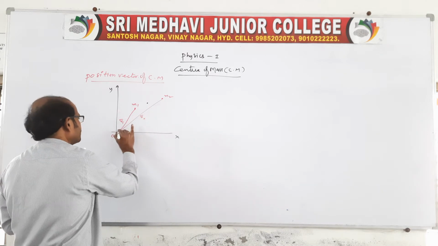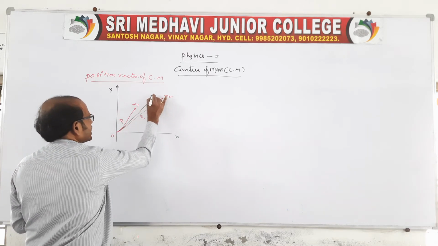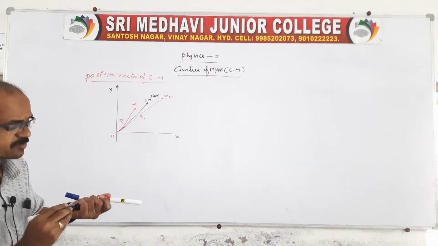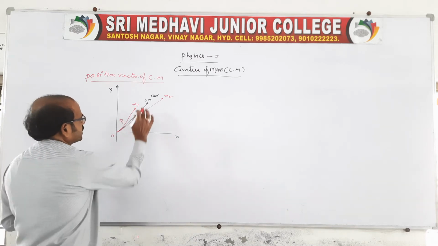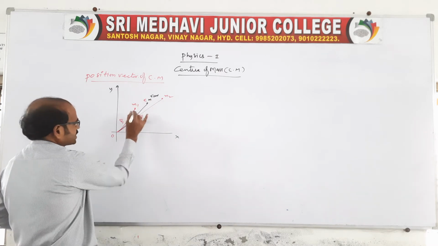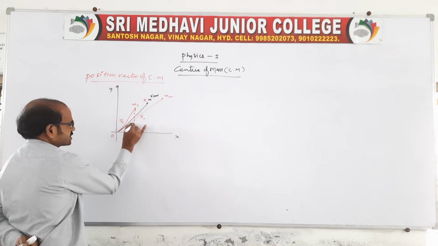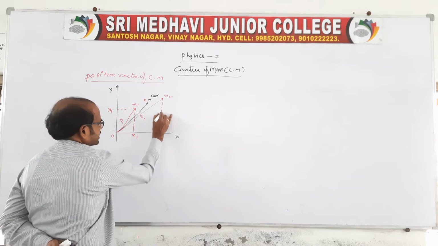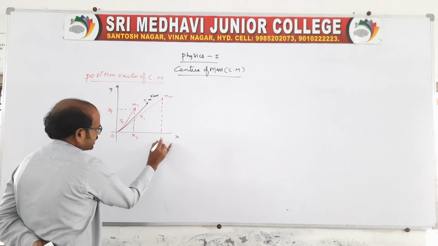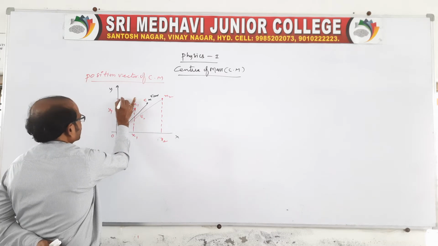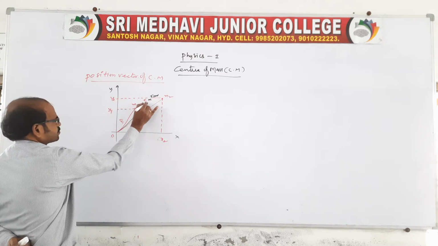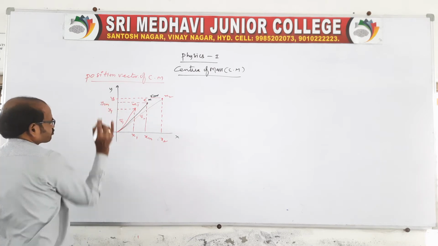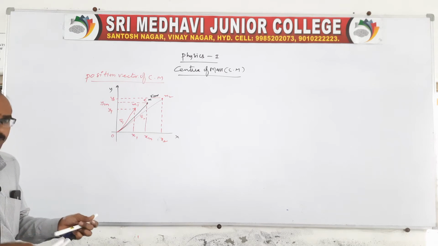For this 2 particle system, the position vector of center of mass from the origin you write as RCM. This is the center of mass in terms of position vectors for the given 2 particle system. The m1 particle is located at distance x1 from the y axis and y1 from the x axis, and in the same way m2 is located at distance x2 and y2. For this position you write xcm, and this is ycm. Now let us see about position vectors.